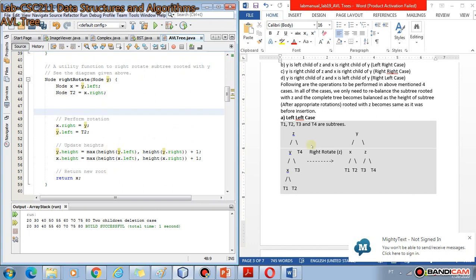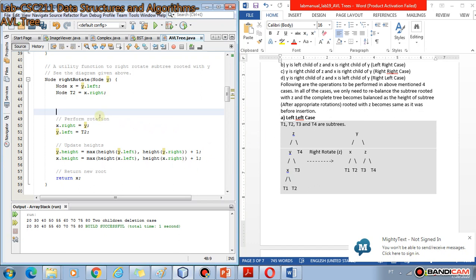Consider here that the insertion in T1 or T2 created the imbalance at Z. So if we have to perform a right rotation on Z, Y and T3, what basically needs to be done is Y becomes the root, Z comes to the right of Y, and the right of Y, which was T3, becomes the left of Z. Okay, so in that case the height of the tree becomes balanced again as it was before the insertion into T1 and T2.